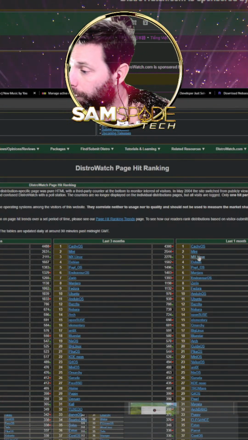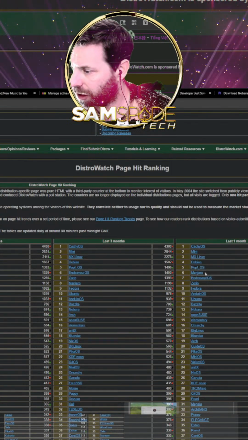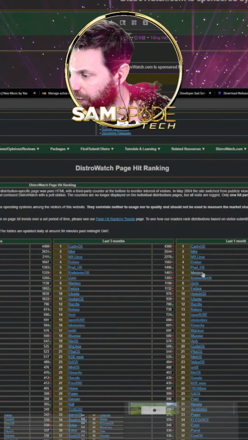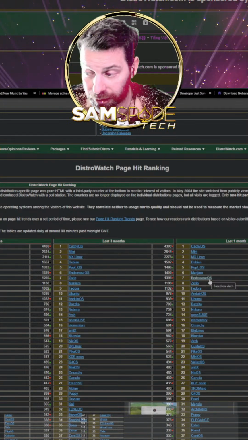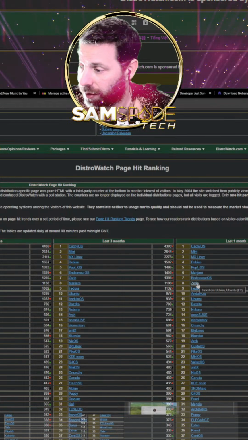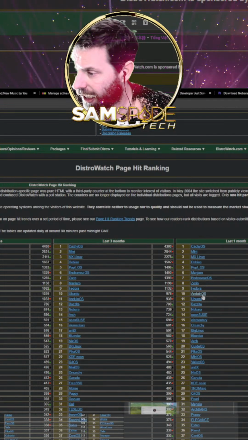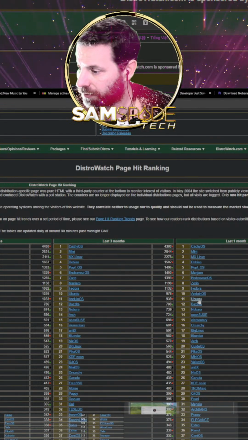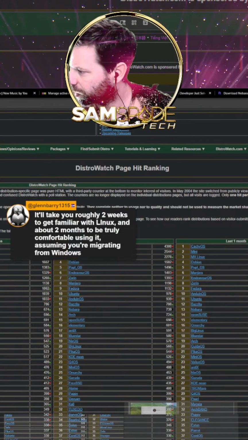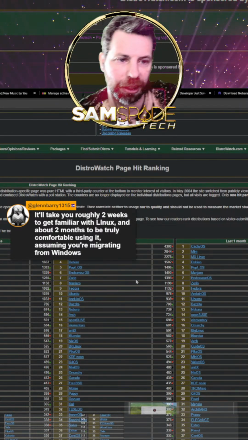And then we got MX Linux, Debian, Pop OS and Manjaro. Let's go down to at least 10 here. So we got Manjaro, Endeavor OS, which I have heard about. And here it is, look, Zorin. It's one of the top 10 in the last month. Fedora, and then Anduin OS are your top 10. And Ubuntu is just outside. But in the last 3 months, Zorin was number 7, 7, and 10. But again, from just like a mom and pop,